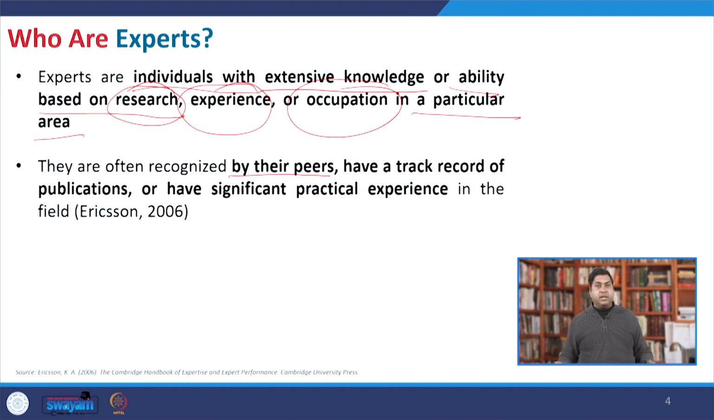most frequently, then you identify that this particular researcher is doing something in your field. Suppose you intend to do something on resilient infrastructure, and you find some XYZ person who has been working in this for the last 20 years and has good publications which are referred to and cited many times. So, definitely that particular individual or researcher is an expert. So, it can be identified by the peers, or through the track record of publication